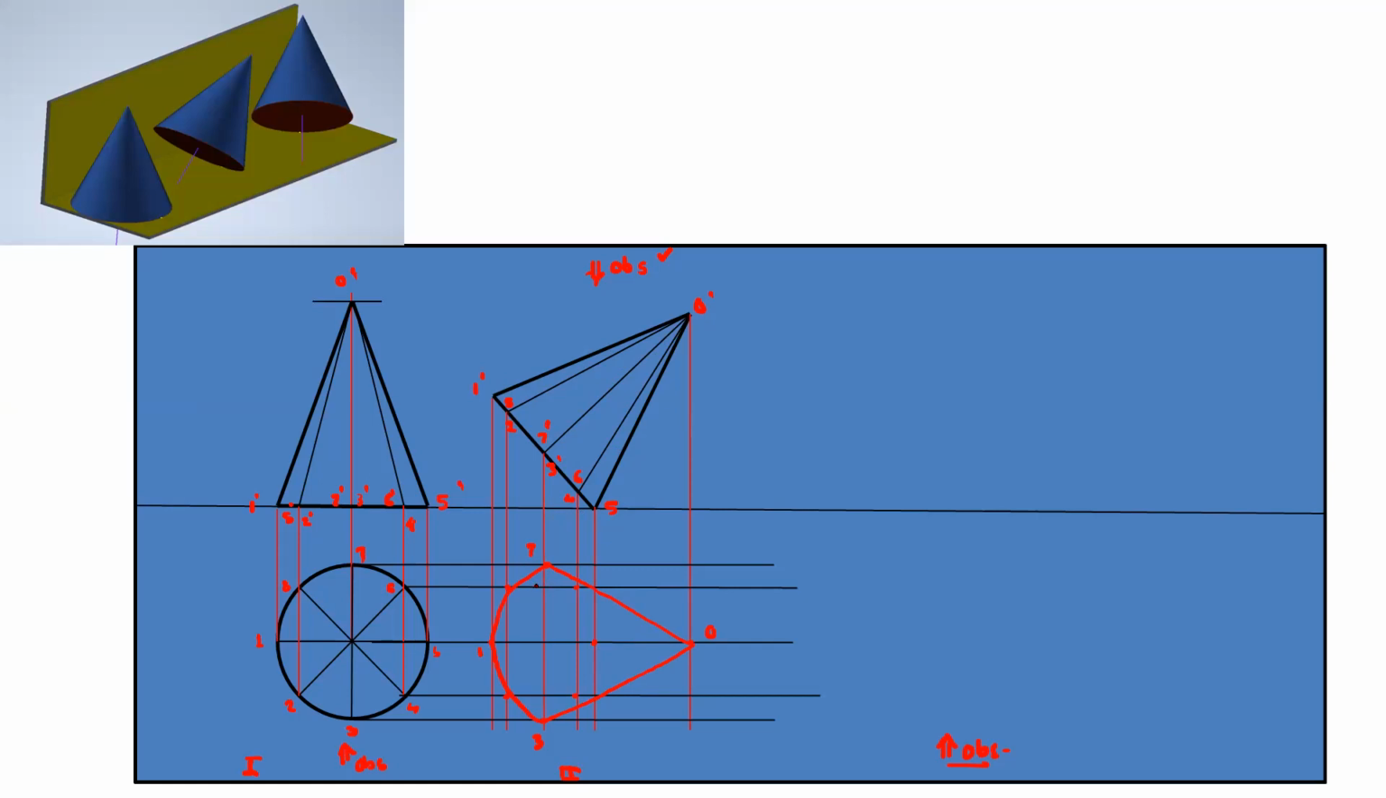And the part of that ellipse which is inside these visible lines must be hidden. Okay. So this complete portion, so this is the hidden part. Okay. And then for the third stage,